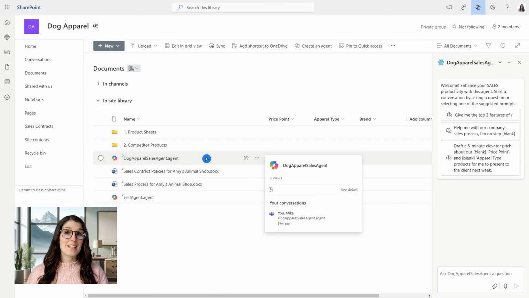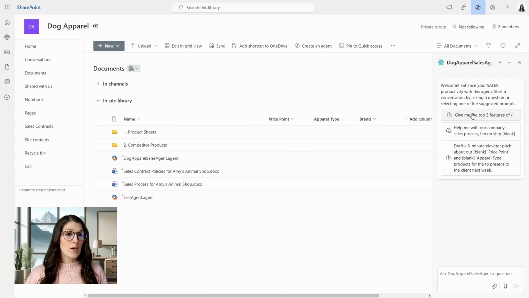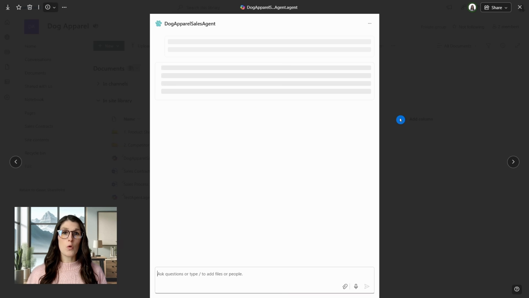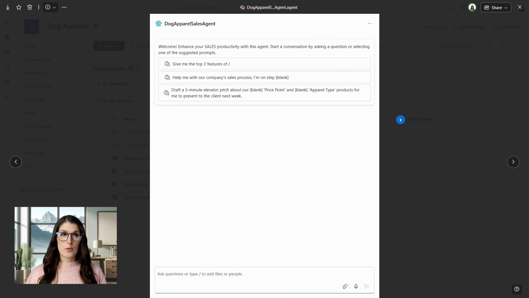So this is the agent that we have just created, and it is visible as a file format within the document library that you have created it in. And it is already launched on the right-hand side. But if we close out of here and select this, then it's going to open up in a big window, where again, I'm not able to reference the documents.